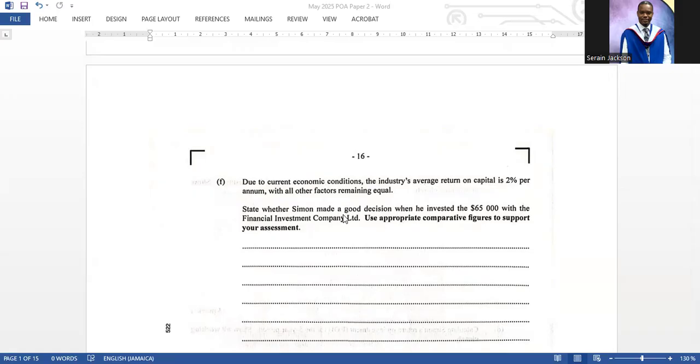I can tell you it is much more difficult than the January paper, right? It is much more difficult than last year's paper. And the only reason for that, as I said before, is that it is comprised of topics that are not necessarily taught as much. So a lot of emphasis is not placed on the topics that make up the majority of the paper. Accounting ratios,